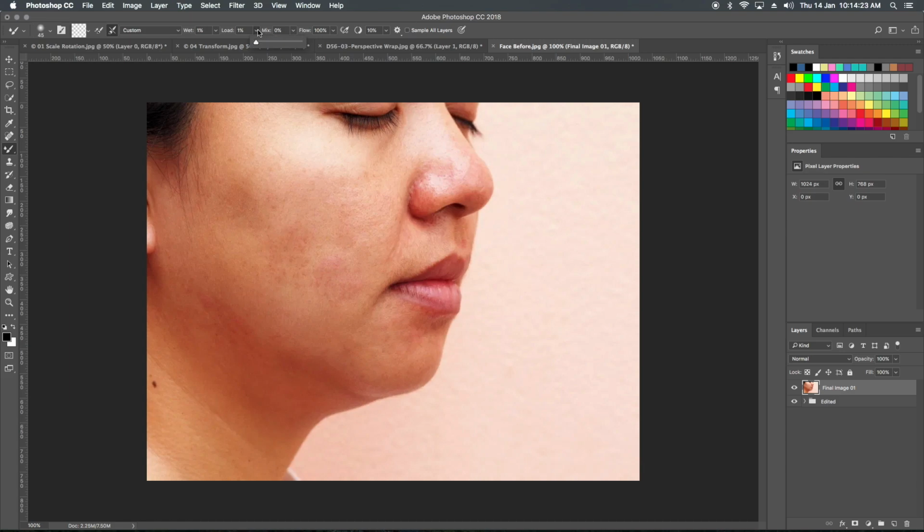Let's move on to load. There is nothing to load. Now I'll give something to load. Now if I drag, that is loading and mixing. Loading the color, mixing the color automatically. I'll come straight to the point where I'll show you what all settings you have to use. But first of all, you have to know what this brush is doing.